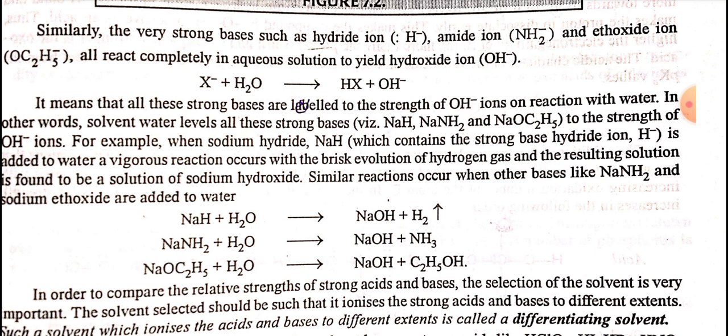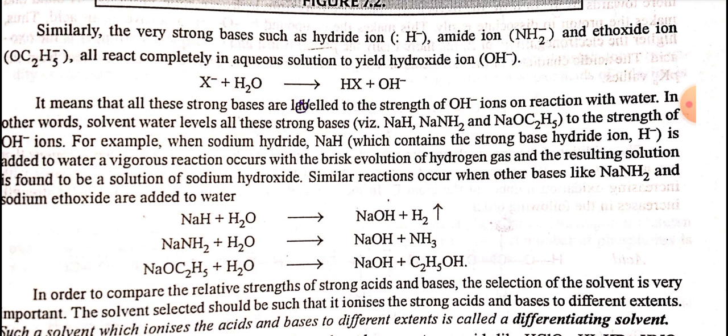Similarly, the very strong bases such as hydride ion, amide ion, and ethoxide ion all react completely in aqueous solution to yield hydroxide ion. X negative plus H2O giving HX plus OH negative. It means that all these strong bases are leveled to the strength of OH negative on reaction with water. In other words, solvent water levels all these strong bases, namely sodium hydride, NaNH2, and NaOC2H5